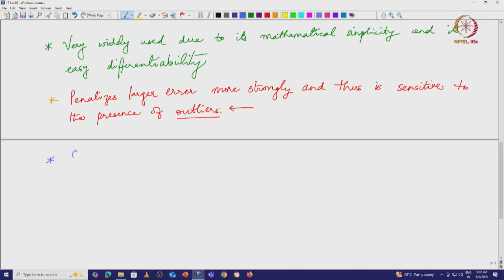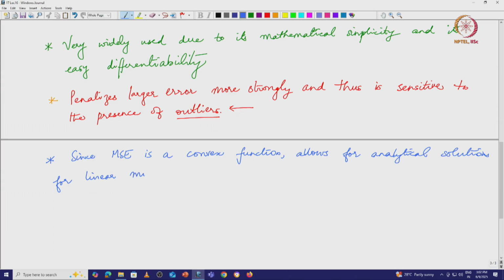That is that since the MSE is a convex function, it allows for analytical solutions for linear models like the linear regression we studied, since the local minimum is guaranteed to be a global minimum,